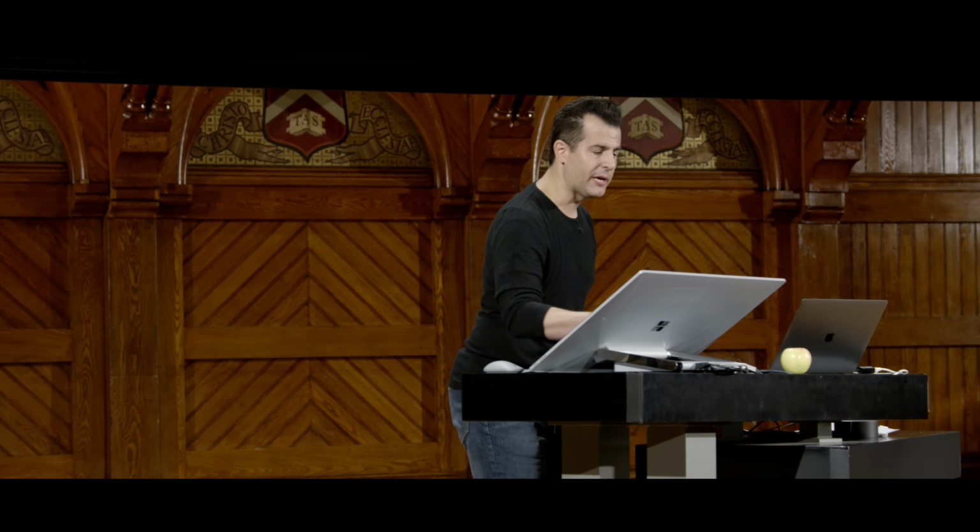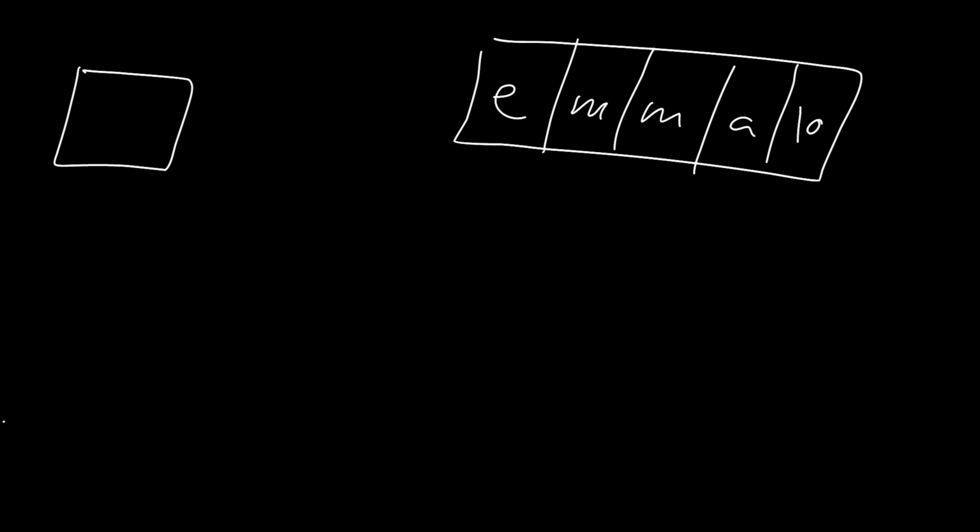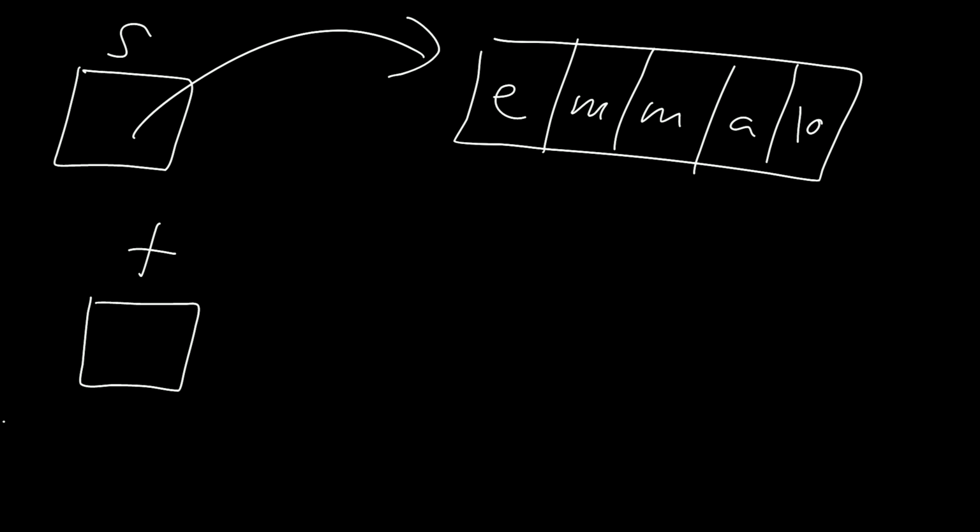So if I go back to my picture from before, this time, if I've gone ahead and typed in an array of Emma with all lowercase, E, M, M, a and then a \0 somewhere in memory using getString. And I've gone ahead initially and stored that in a variable called s. And I don't care about the addresses anymore. I'm just going to use arrows now to depict it graphically. When I created a second variable called t, and I set t equal to s, that's like literally copying the arrow that's in s and storing it in t, which means t is also pointing at the same thing.